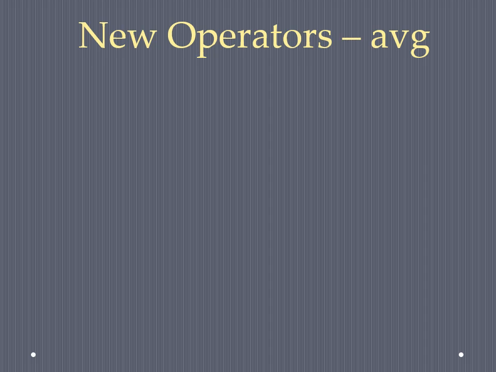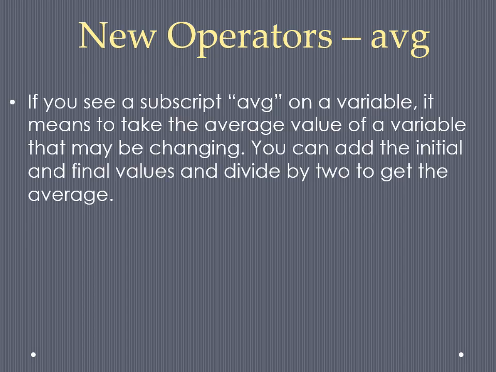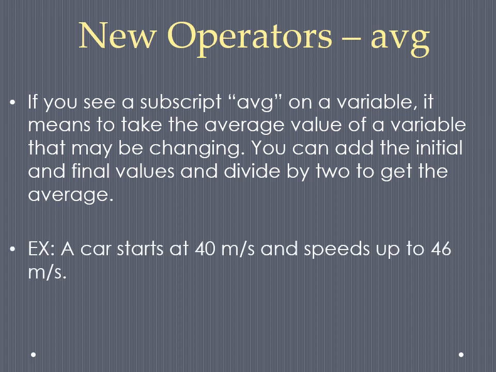An operator that you've probably done before in class, but we're going to be now making it a little more formal, is the average operator. If you see a little subscript avg on a variable, it means that that variable is also probably changing, and you should find the average value for the variable. The way you find the average of two numbers is you add the initial and the final, and you divide by 2. So same problem, a car starts at 40 meters every second and speeds up to 46 meters every